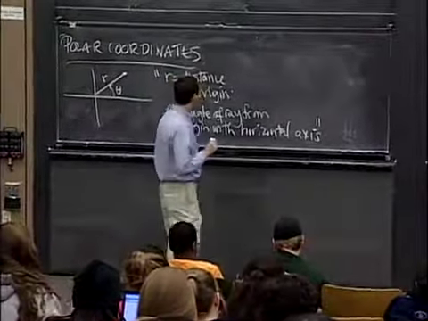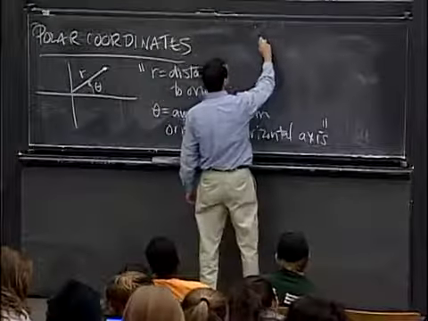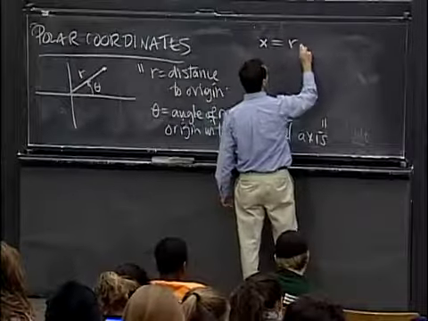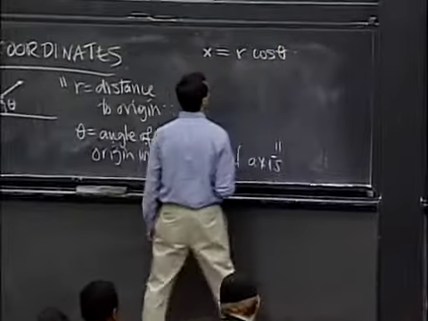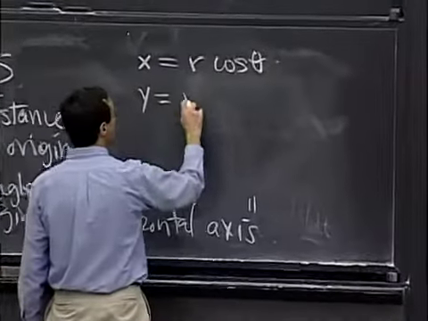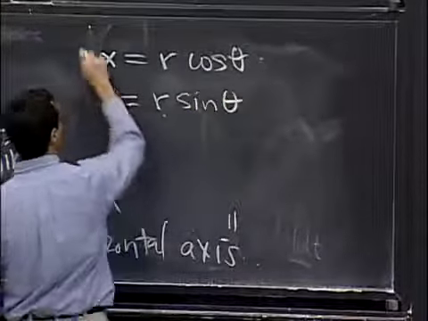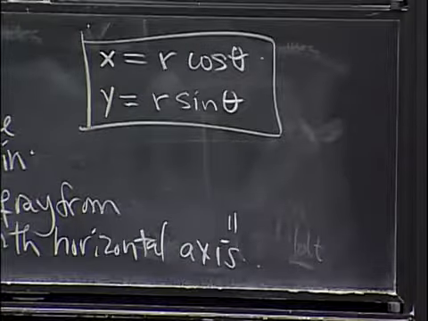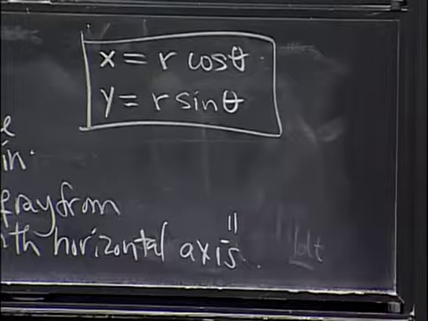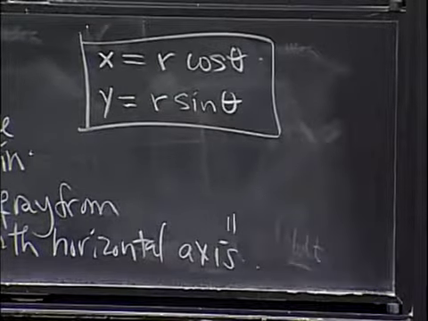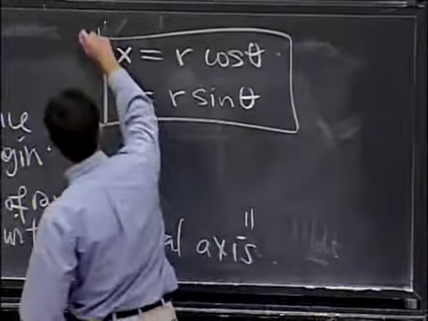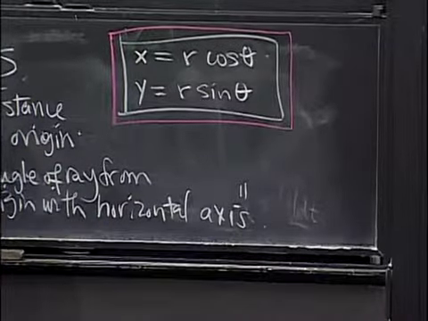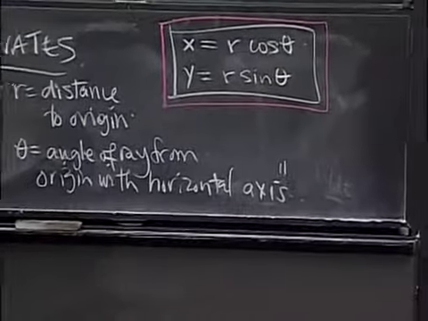the formulas. The first formula is the formula for x, and this is the fundamental one. These two are the fundamental ones. Namely, x is r cosine theta. The second formula is the formula for y, which is r sine theta. So these are the unambiguous definitions of polar coordinates. This is it. And this is the thing from which all other almost correct statements almost follow. But this is the one you should trust always. This is the unambiguous